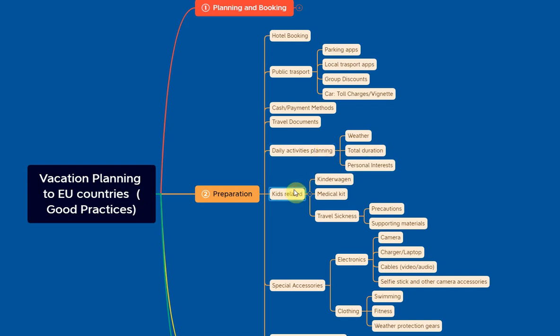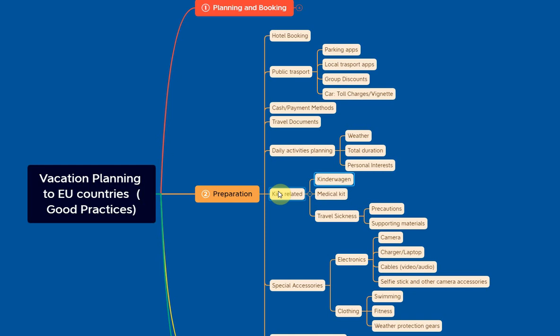If you're traveling with kids, there are a few things that you need to take particular care of. Especially the Kinderwagen. A Kinderwagen is a trolley that you use to carry your kid, whatever the age group. Sometimes it's necessary, because on long trips where you have to travel or walk a lot with your kids. On the other hand, in some locations it is not allowed to bring in the Kinderwagen, so you might be in trouble if you have not planned in advance.